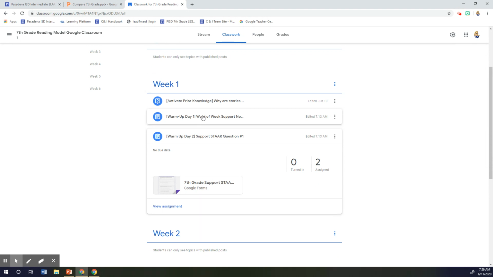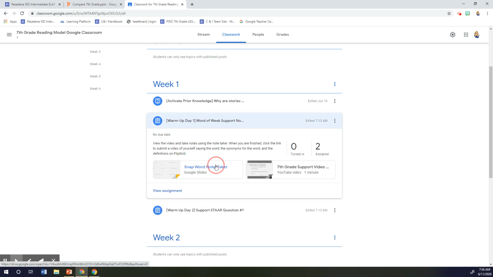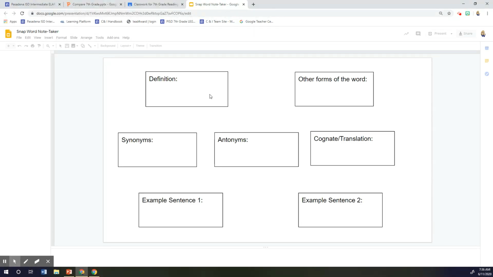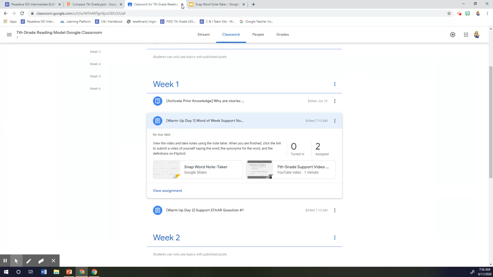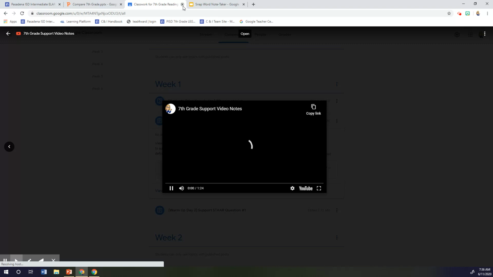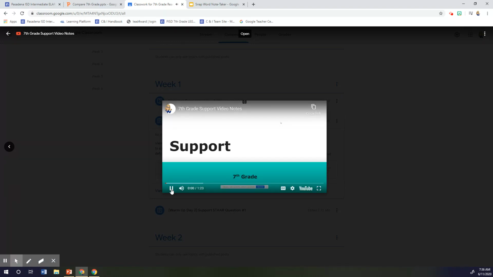So in our Google Classroom, what I've done is we have a Google Slide note taker. So the kids just make a copy for themselves and then they have their notes where they can fill in all the things from the slides. And then I recorded YouTube videos of going over those slides for taking the notes. So the kids can be self-sufficient there. And you can see the video is only a minute. So the kids would have to pause to be able to write down their notes,